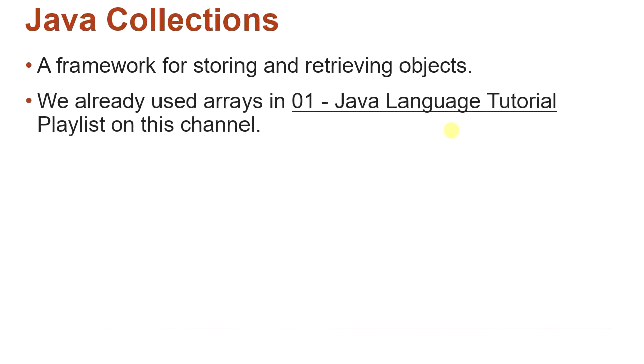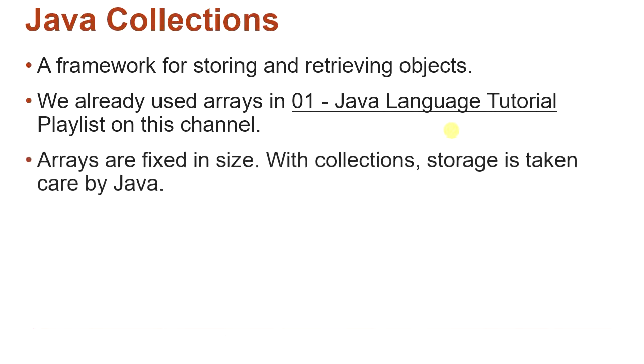We already used arrays in the language tutorial playlist on this channel. So in arrays actually we store a collection of objects, or a collection of integers, a collection of strings, a collection of characters, whatever you call. So in an array we store objects or primitive types. So collection is similar to that, but